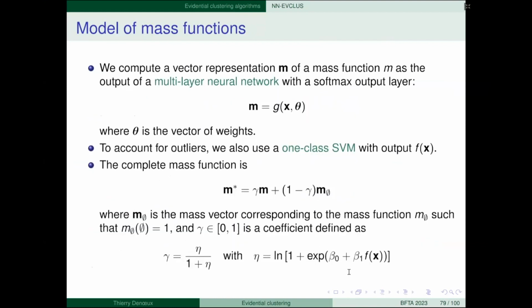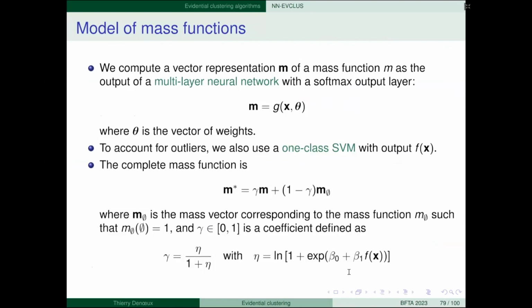So here we assume that M bold denotes a vector with the masses for one object, the vector of masses. This is a vector representation of a mass function. We have a model where this is the output of a multi-layer neural network.